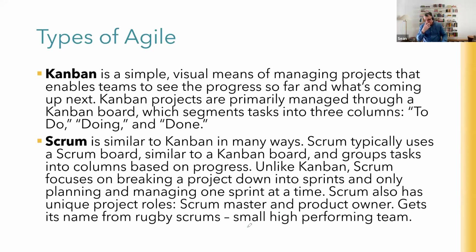If you know the game of rugby, there are 15 players per team. 8 of the players are called the forwards, and 7 of the players are called the backs, the running ones, and the forwards are in the scrimmage and the scrums. So that's a group of 8, or less, and that is the ideal number for a Scrum team, by the way, 8 or less. Once a team gets bigger than 8, 9, 10, you've got a greater chance of sub-teams